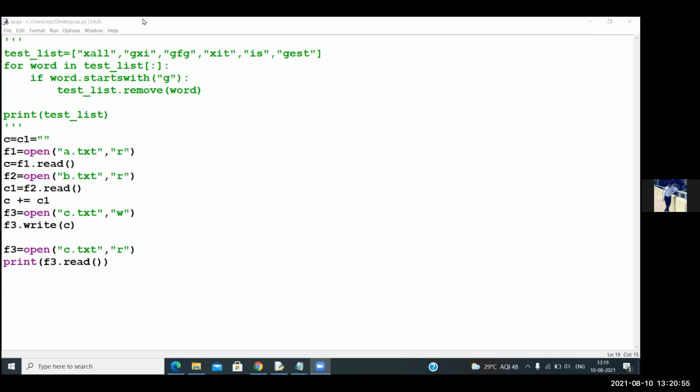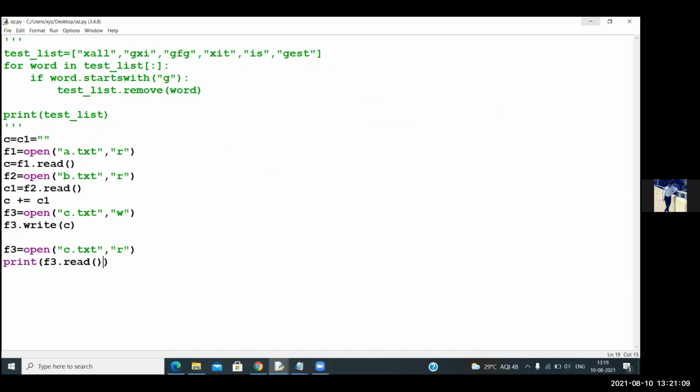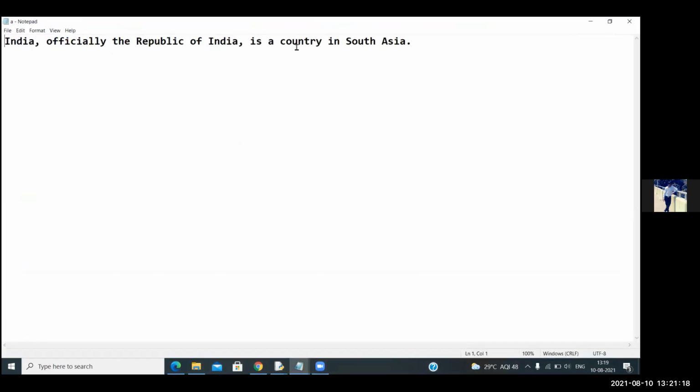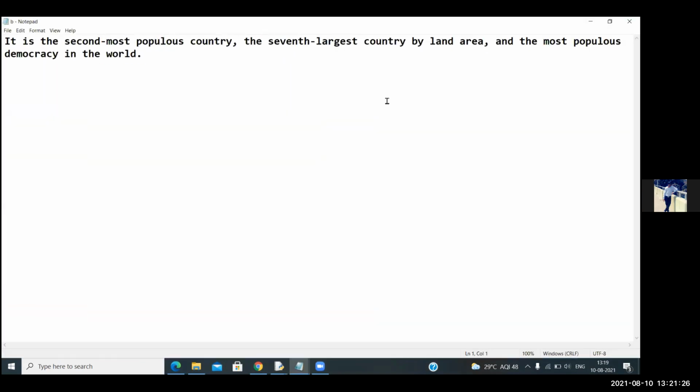Okay, Nishu, run the code. Let me see. Can you, Nishu, open the file A and B? This is file A. And what is the file B? This is the file B. Okay.